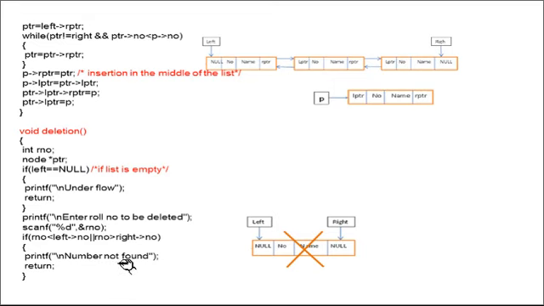That means the number is not found, because you have entered a number which is less than the first node and greater than the last node. That means that number is not found in the list. So we will not delete any node.